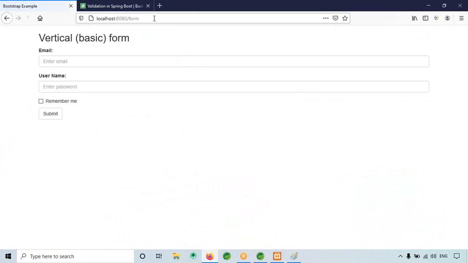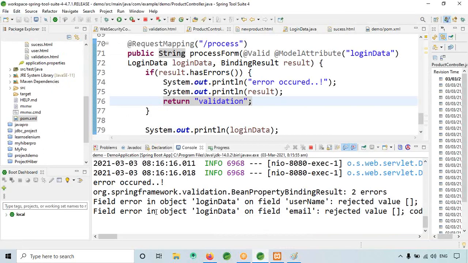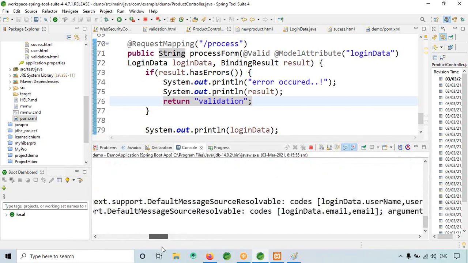When I click this submit button, it has to stay on this page only. See, it is not at all going to the next page. So it is throwing us the error, and it is telling two errors. So the Spring Validator is working fine.